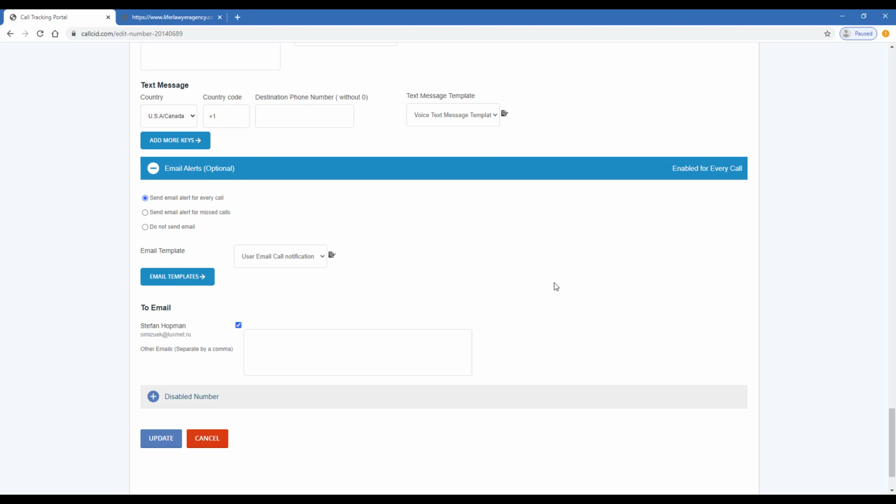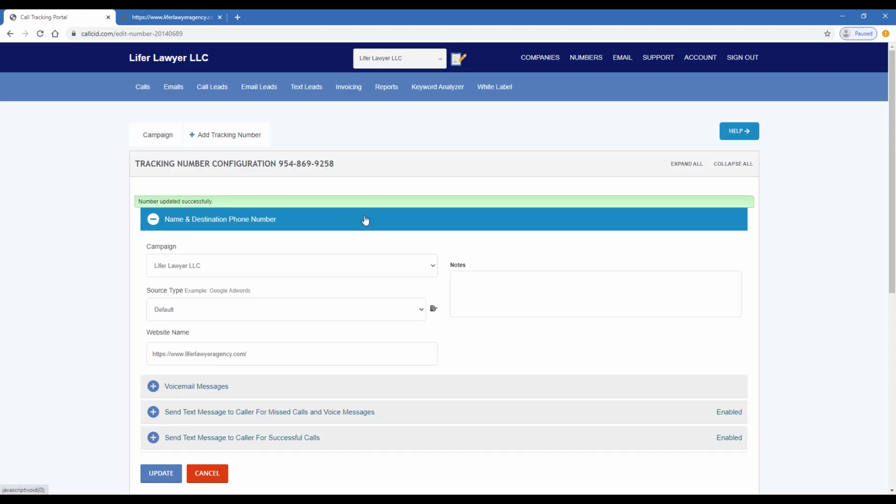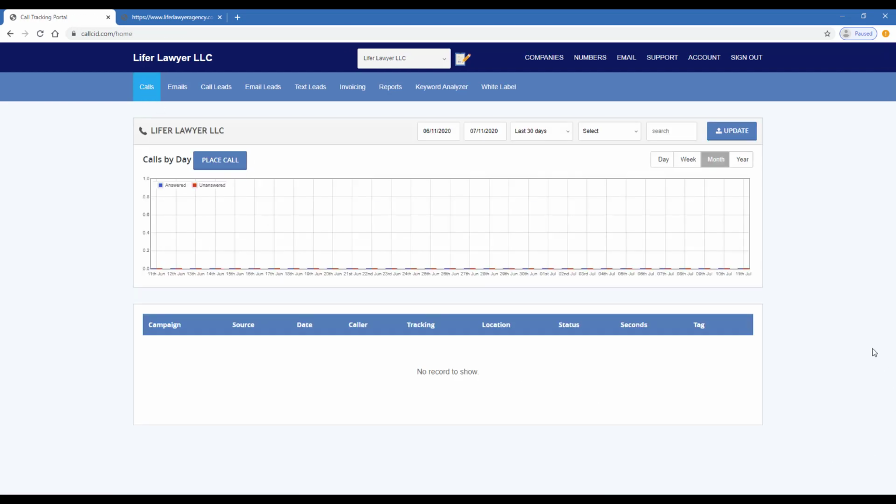And next is the disabled number, which just means that you can disable the number so that it's not being used anymore. If you plan to not use that tracking number for any reason, you can just disable it. So you're going to want to update always. And then you're going to see your calls. For right now, you're not going to have anything because no one's called it. But I'm going to show you an example of a